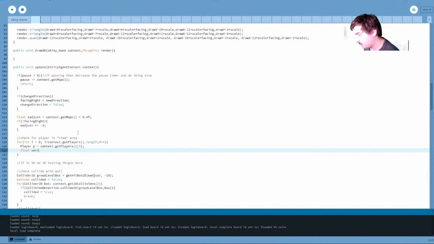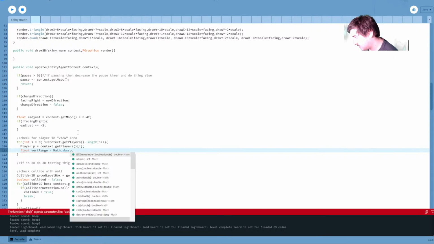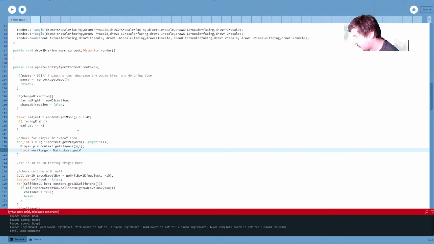So float vertRange equals Math.abs of p.getY minus getY. So we're just going to use the player's y position there.